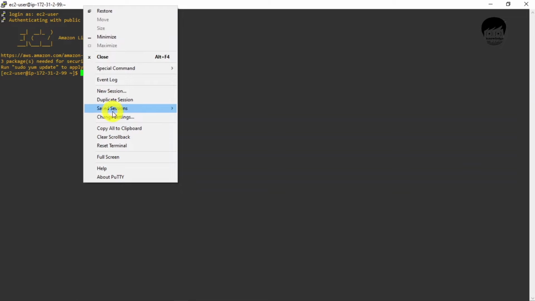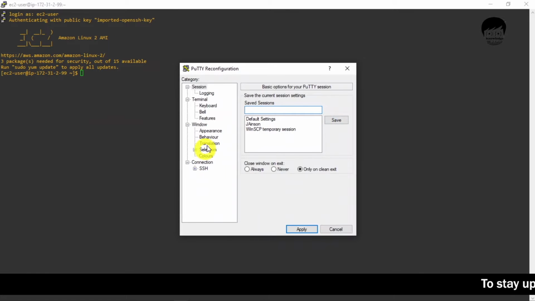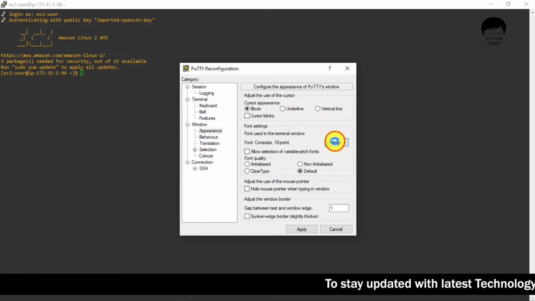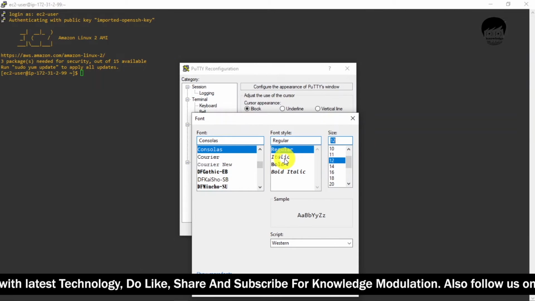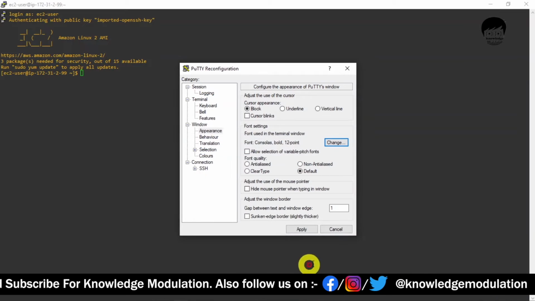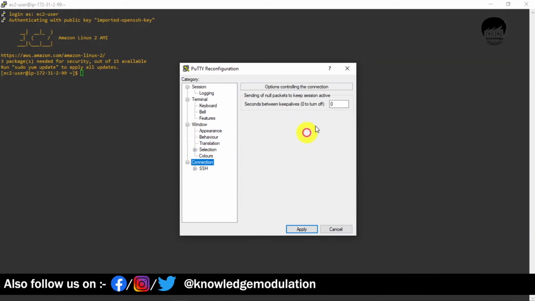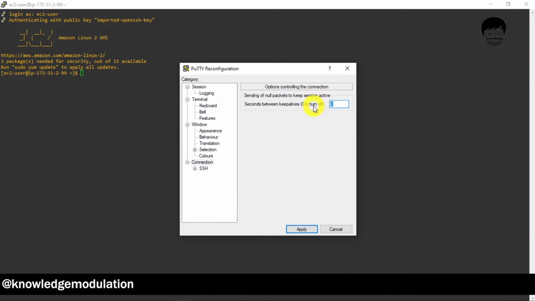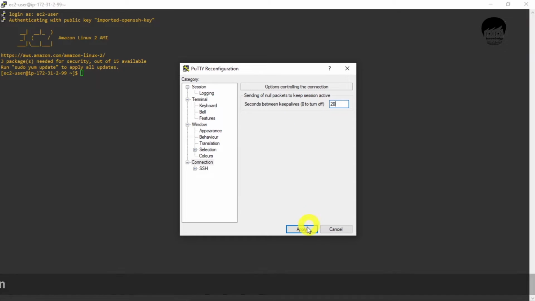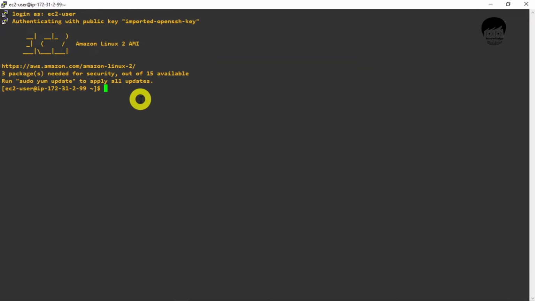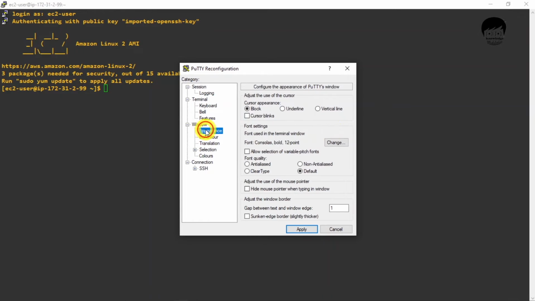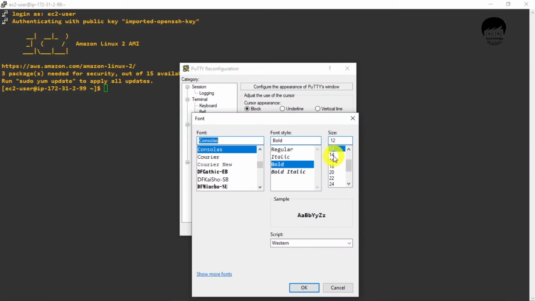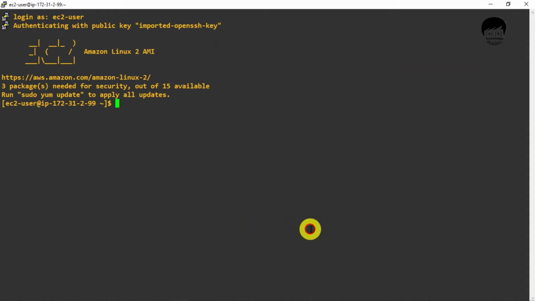This is our server, so I will make some changes so that you can view it clearly. I will enlarge its font size, make it 12 or bold. Also, I don't want to end this connection, so I will keep it live for some more time. Let me increase it 2 points more, it's 14. Okay, I guess now you can see clearly.